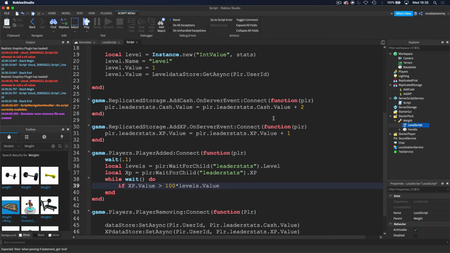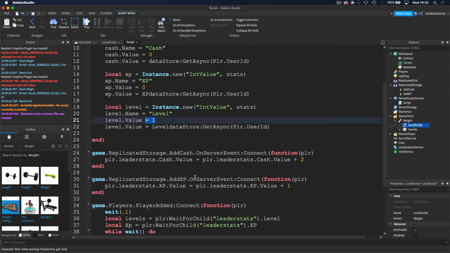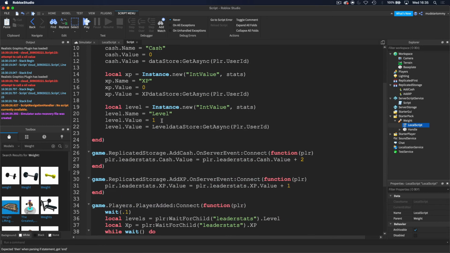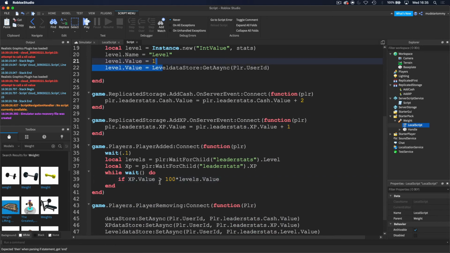So basically what I'm saying is, if the XP is bigger than, for the first level, so when the level is 1, it's like timesing 100 by 1, which, as you should know, is only 100, which means that every time a level goes up, it would go to 2, and then this will be 200, 300, because it's 100, so it'll always run like that. It will always go 1, 2, 3, 4, 5, 6, 7, 8, but it'll go 100, 200, 300, 400, 500,